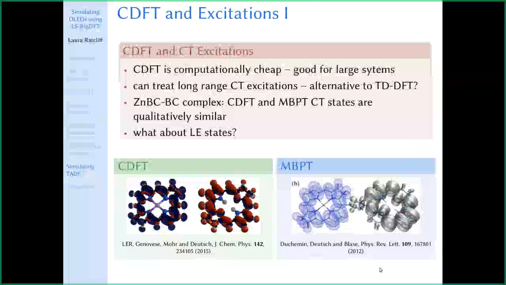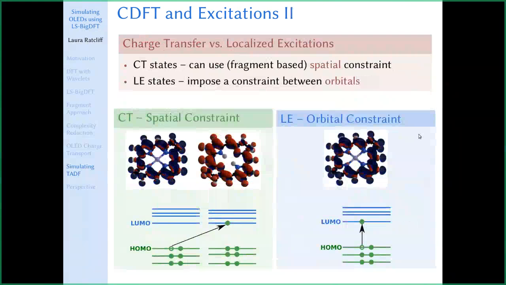But then the question is, what do we do about locally excited states? So we've been working on defining a different type of constraint, which instead of being a spatially based constraint where we're transferring charge between two different regions,